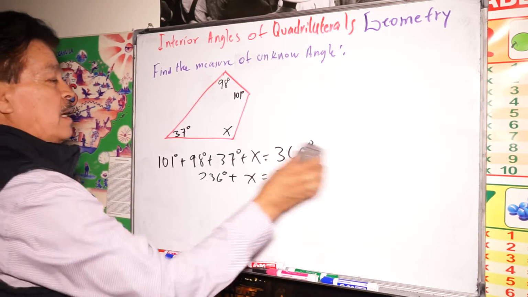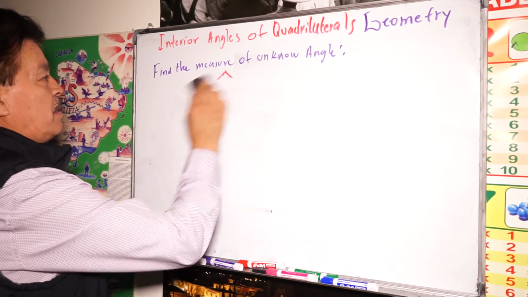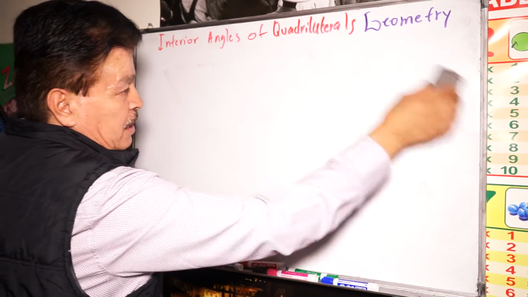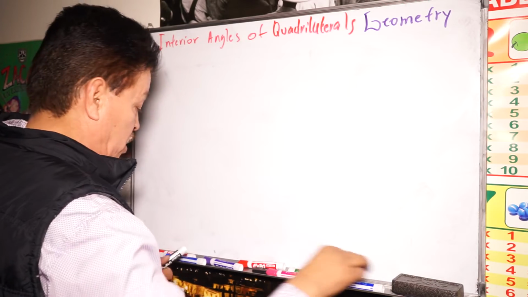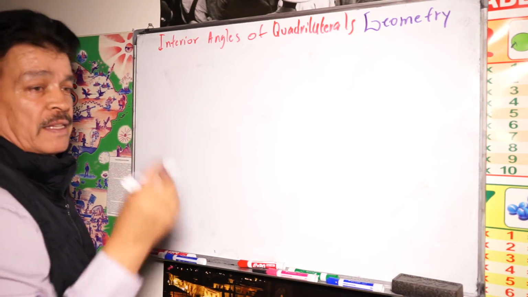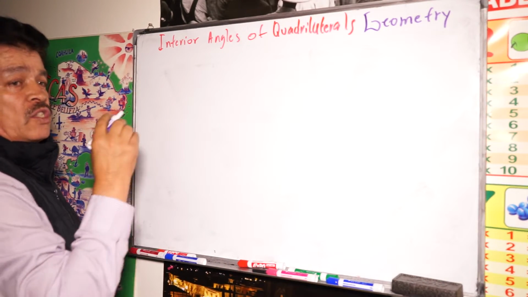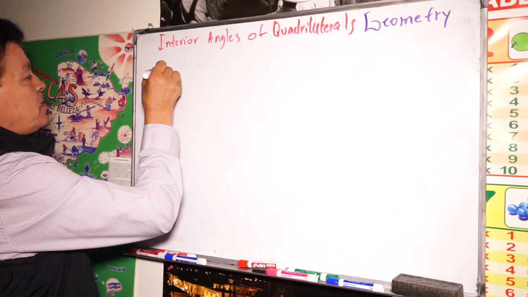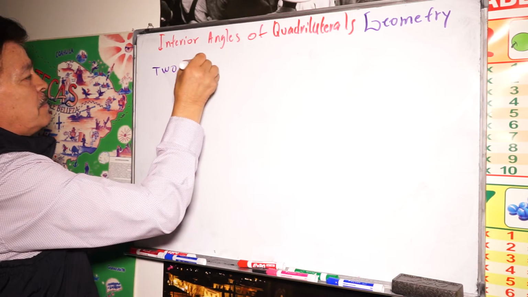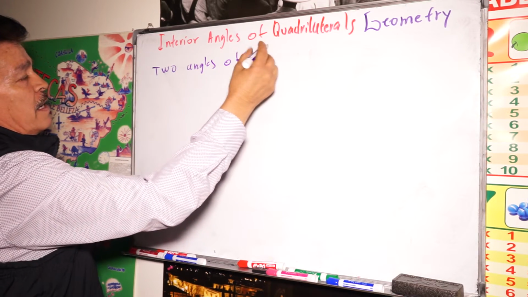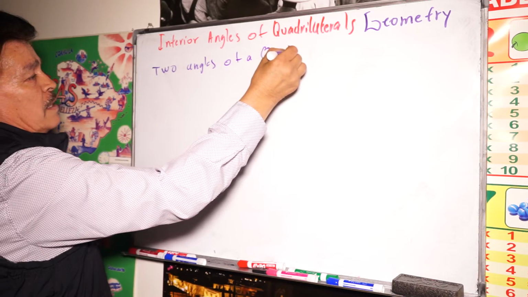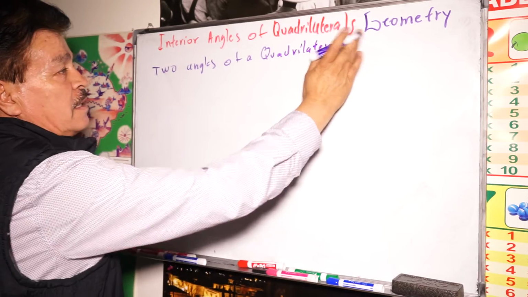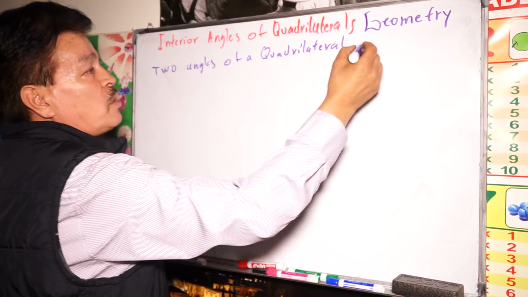Let me erase this problem and write another kind of problem. Let me write a different problem here for you guys. You don't always see problems like that, so sometimes the wording changes. For instance, this problem: two angles of a quadrilateral measure